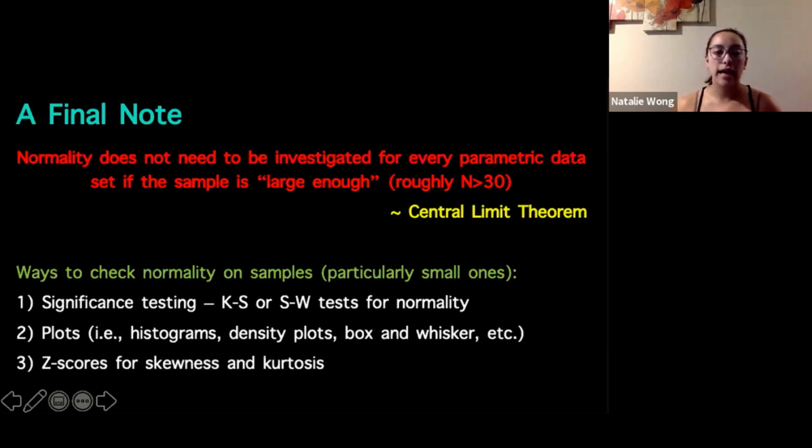and kurtosis. So if I ask you, what is the distribution shape? You can use any three of these to pull out what the distribution shape would look like. You can say, oh, I made a histogram and it looks like it's positively skewed. Or you can do significance testing and say that the data is not normally distributed because I got a p-value